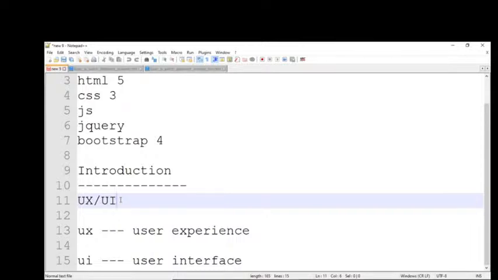By clicking on something, by hovering on something, by scrolling up, scrolling down, or by typing. So what he is doing, he is interacting with our application. Clear, everybody? So by using the user interface, we can interact with the user. User experience means what the user can experience. For example,